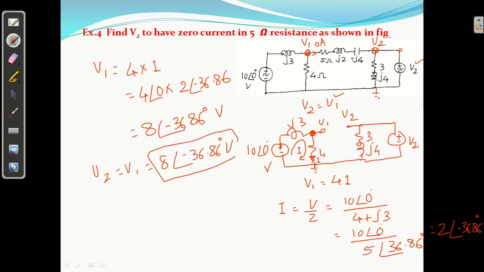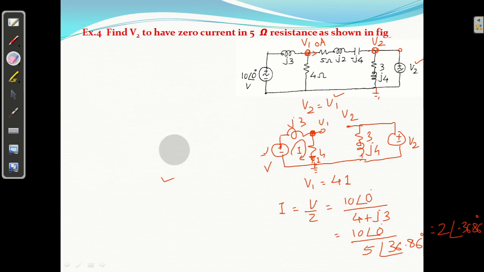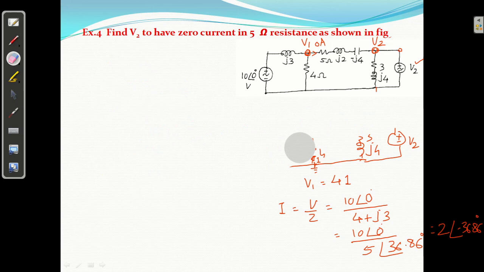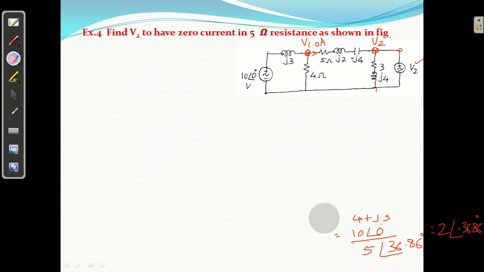That is the answer. Please, these problems are really very simple. Your concept should be clear, right? So I am wrapping it up. I had discussed 4 numericals. Clear? Earlier I had discussed a few more numericals. Clear? So this is sufficient.